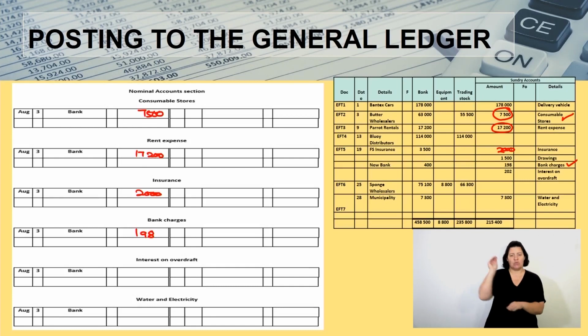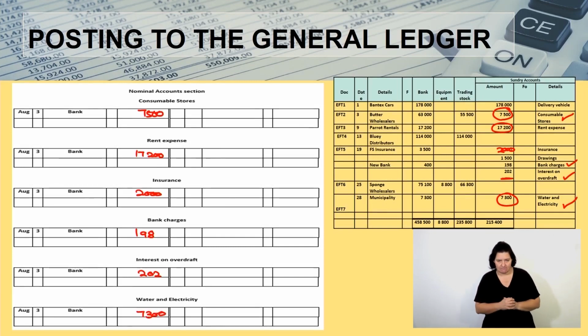Interest on overdraft is the next one. And how much is your interest on overdraft? There it is, 202. Interest on overdraft. The next one is water and electricity, 7,300. So I'm coming here, my water and electricity is 7,300 rands. All right, so I now know that I have posted both my balance sheet account section and also